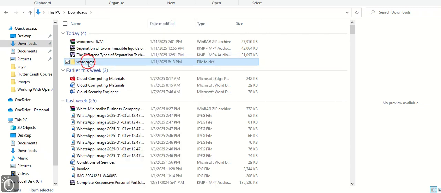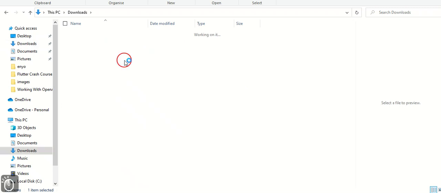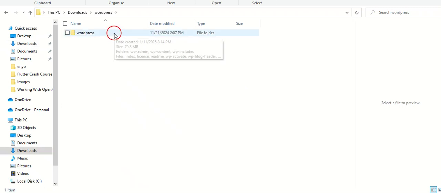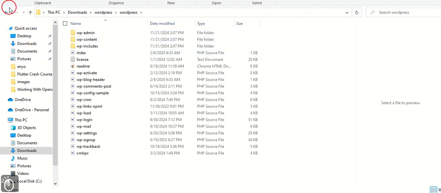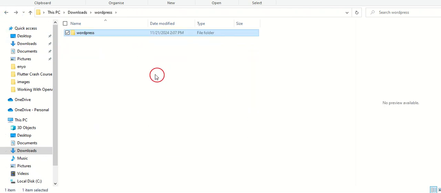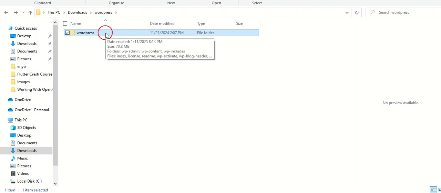Now, this file that you have downloaded, if you open it, you have a lot of things inside. You have WordPress, another WordPress again. But this is the one that I want. It is because it has been zipped that you are seeing WordPress inside WordPress. This file that you are seeing now, you can use as many times as possible. Even if you want to use it to create 1,000 websites, you can still use it. But once you have used it once, that's all.